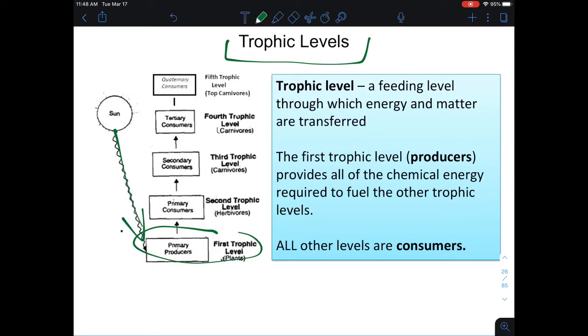The naming system for trophic levels is really straightforward. We start with plants, they're number one, then things that eat plants, then things that eat those things, and things that eat those things, on and on. So for trophic levels, we usually have trophic levels 1 through 5. We can have trophic levels that are higher than 5, but it is rare.